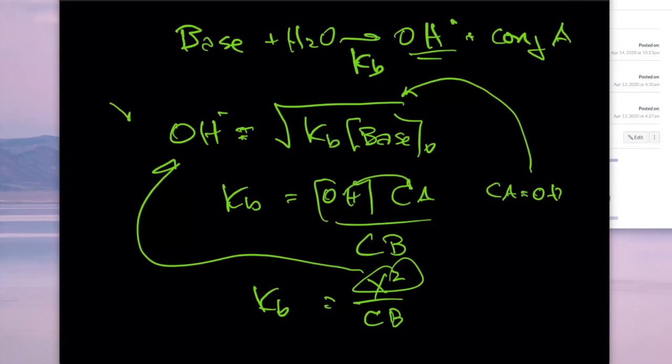Let me clear this real quick. The next part is salts. You guys know how to calculate the pH of salts. Remember, salts generally have a metal and an anion, and if the, sorry, not a metal, but a cation and